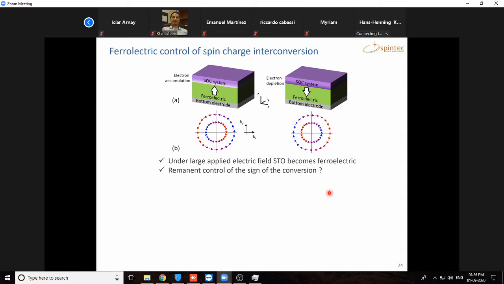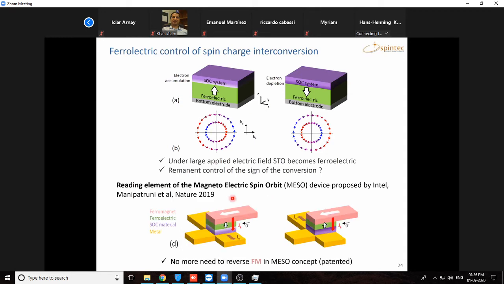And this might be extremely interesting in the case of the magnetoelectric spin orbit devices by Intel, to control the sign of the readout current of the element, and the memory element will be stored in the ferroelectric state and not in the magnetic state of the